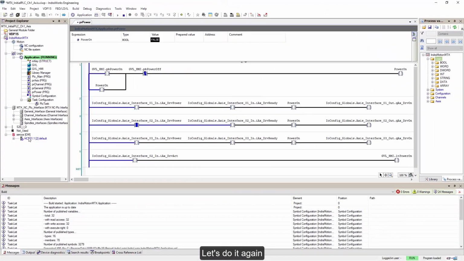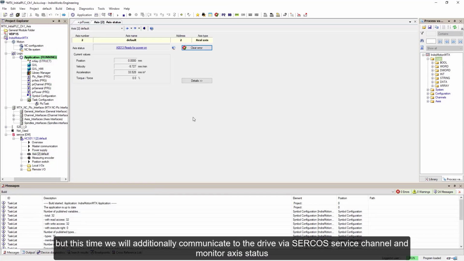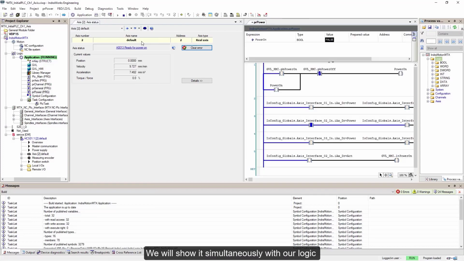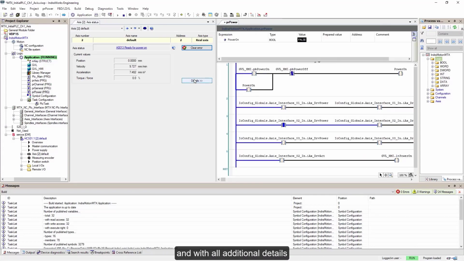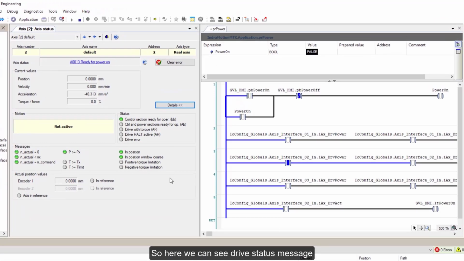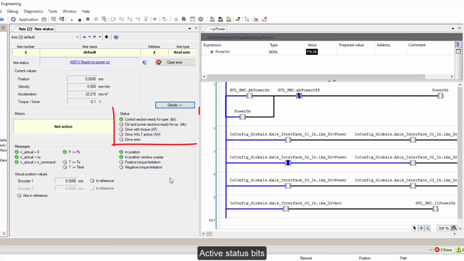Let's do it again, but this time we'll additionally communicate to the drive via Sercos service channel and monitor axis status. We'll show it simultaneously with our logic and with all additional details. So here we can see drive status message, current values of position, velocity, acceleration and torque, active status bits,